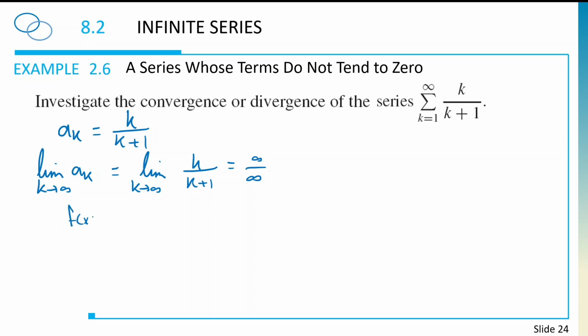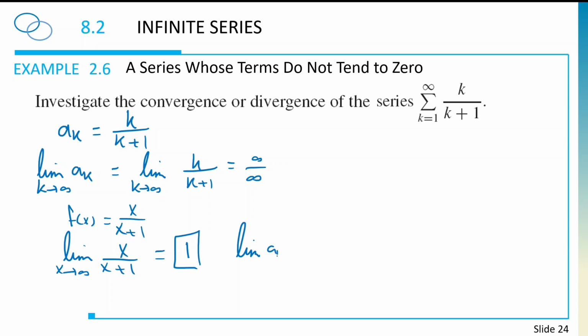So I could say that f of x equals x over x plus 1. The limit of x over x plus 1, if you use L'Hopital's rule, clearly equals 1. So this limit here equals 1. So the limit of aK